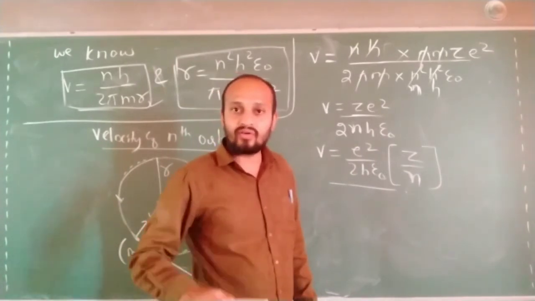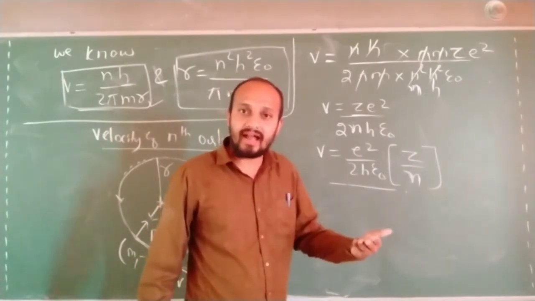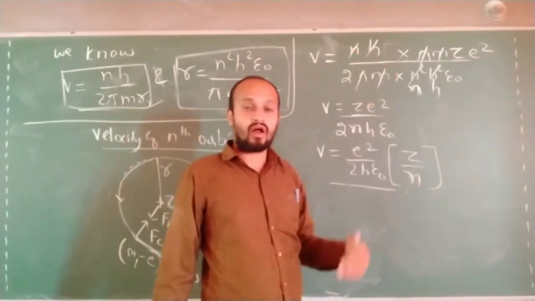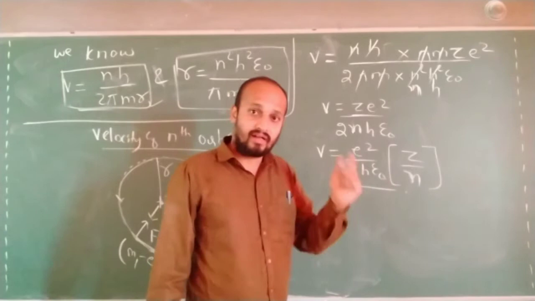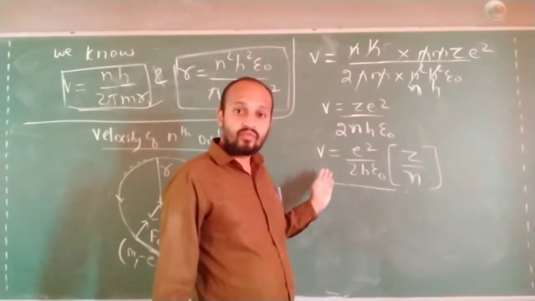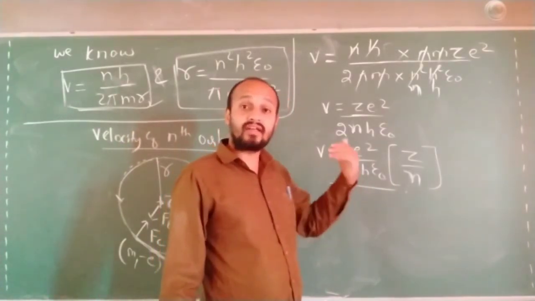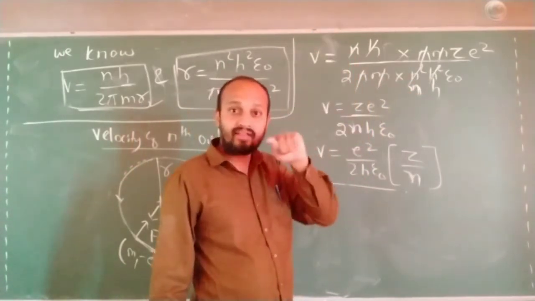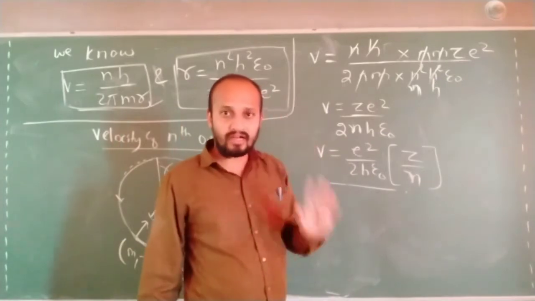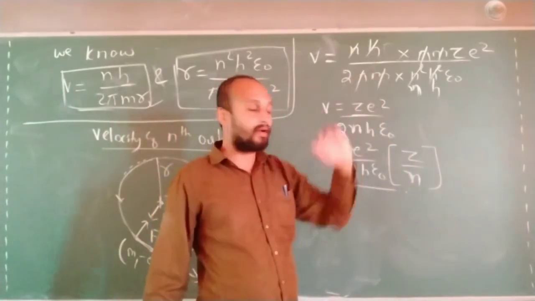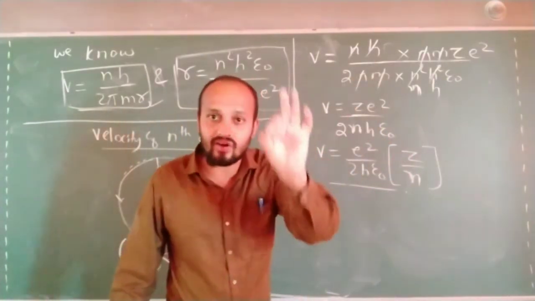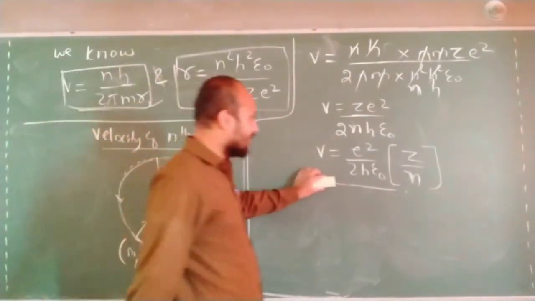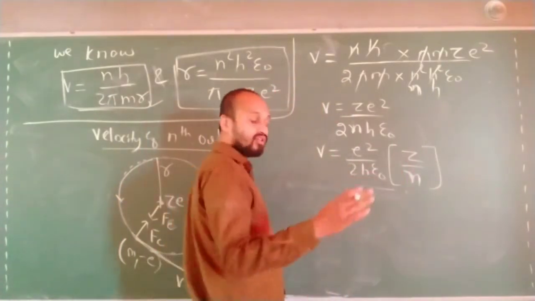Again you will ask me one question. Sir, we are saying that energy of the nth electron will be more as orbit becomes higher. But here you are telling velocity of the nth electron is decreasing as you go to higher orbits. Correct? No? Keep that question in mind, I will answer for that. Write down one statement: as you move into higher orbits, velocity of the electrons is going to reduce. This is the conclusion from this. Then I have to write this formula for solving numericals.